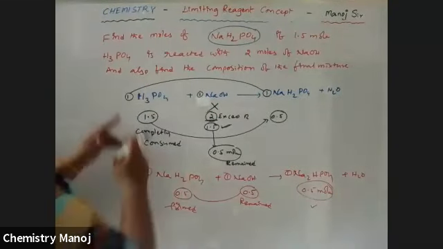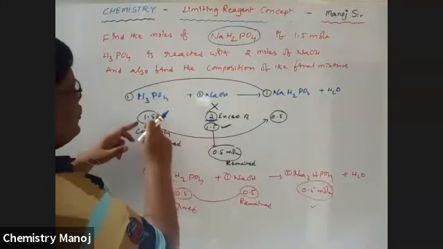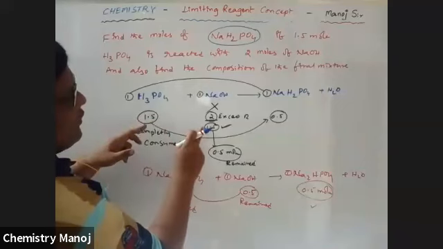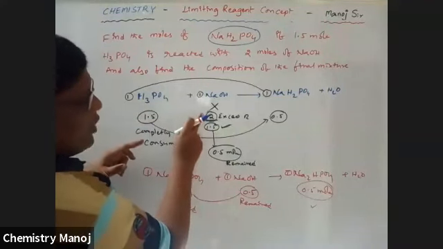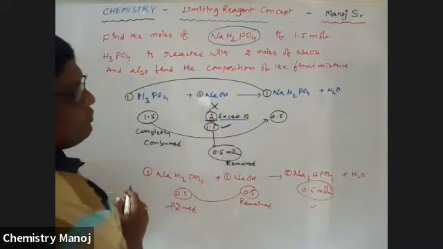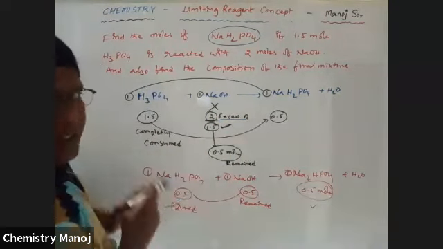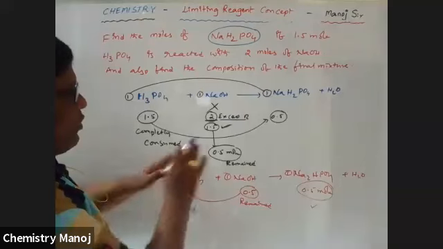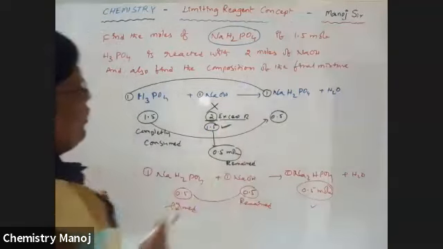So identify, 1 mole reacts with 1 mole. Here it is 1.5 mole, and 2 moles is there. So 1.5 moles requires 1.5 moles, but 2 moles is given to you. That's why it is the excess reagent. How much excess is there? 0.5 is excess. So this 1.5 reacts with this 1.5, that gives